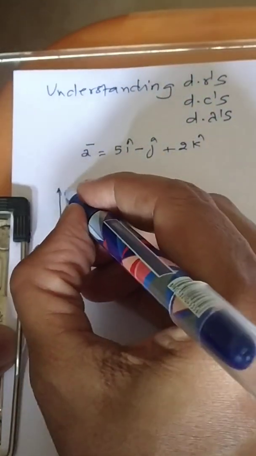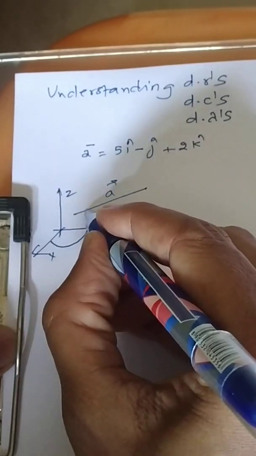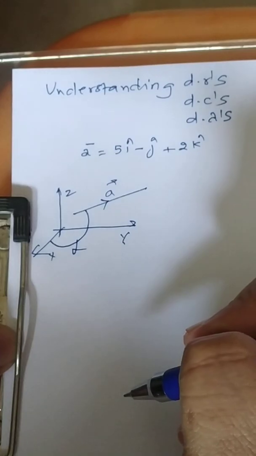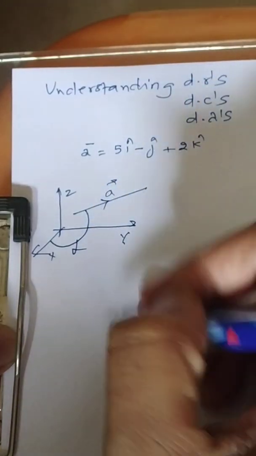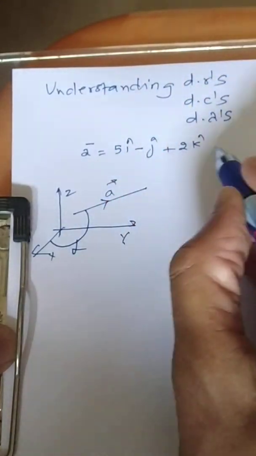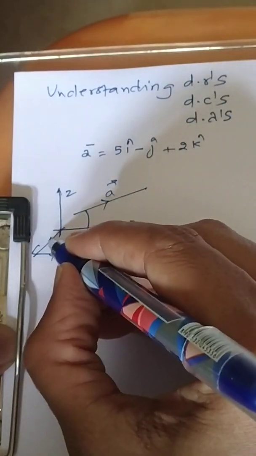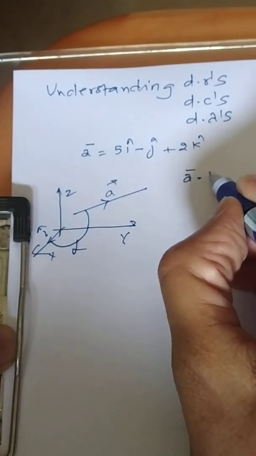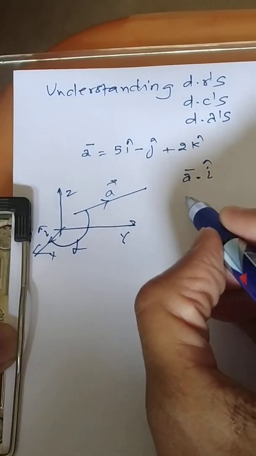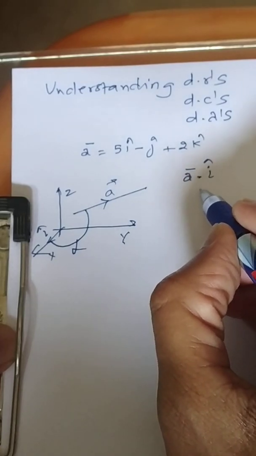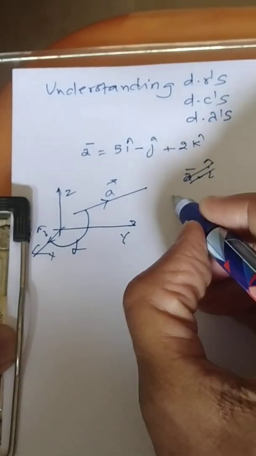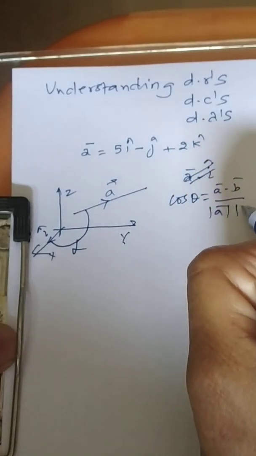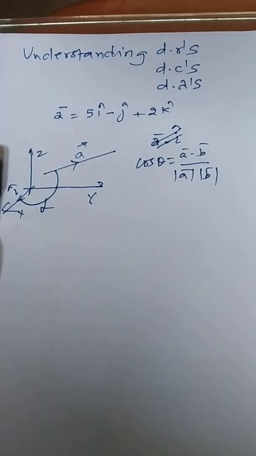Now my question is, what will be the angle with this? I will consider alpha is the angle between the given vector A and x-axis. How can you get this angle? As you know, vector A is given to you. What is the vector along OX? It is nothing but i. So just try to find out A dot i. How do you get the angle between any two vectors? What is the rule? Cos theta will be A dot B upon magnitude of A and magnitude of B. This is the basic formula.